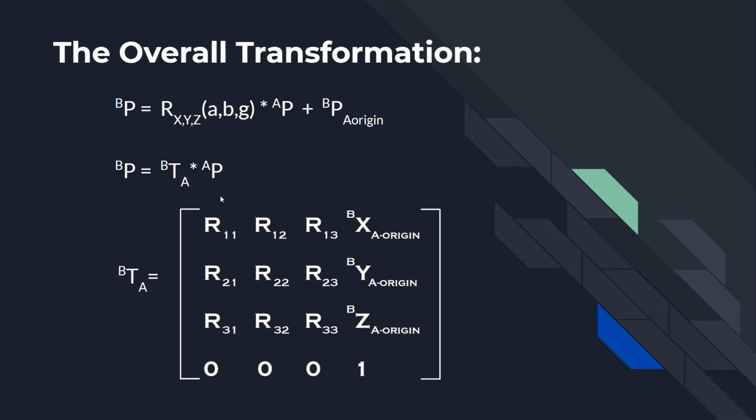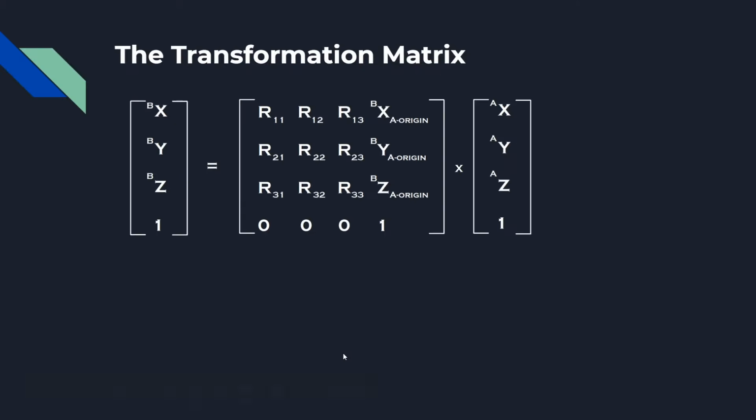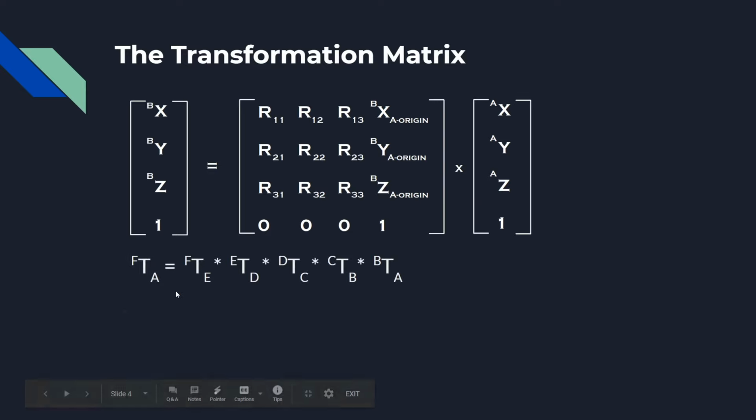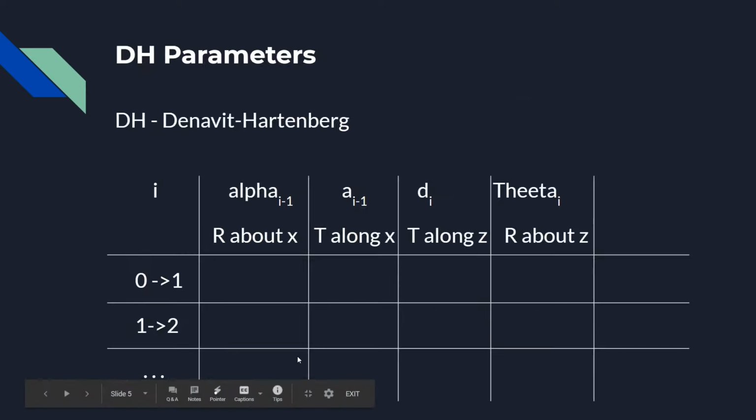And this transformation matrix consisted of a rotational part, which would show us the rotation to go from the base frame to the last frame, and also the origins. It would show us the relation between the origin of the original frame with respect to the new frame. And with that, we found out the properties of the transformation matrix, the fact that you could just multiply them to get from one frame to the other, and also the inverse of the matrix. And we saw that, okay, to get the matrices, we need a single process to take care of all the variables as well. So we learned about the DH parameters,